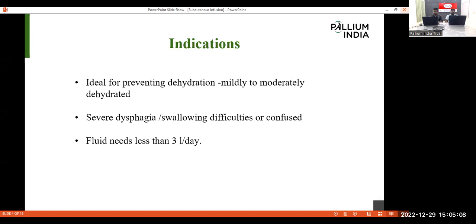But moderate to severe or severe dehydration means it's not possible, because in a dehydrated case the subcutaneous tissue is also in a very dehydrated state. So tissue absorption is very low in moderate to severe dehydrated cases. So ideally, for mild dehydration we can give rehydration subcutaneously. Then severe dysphagia, painful swallowing or any difficulty swallowing. If the patient is suffering and is unable to take the medication orally,